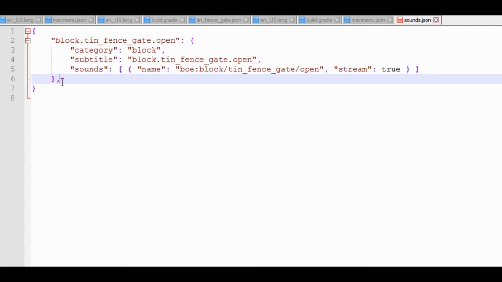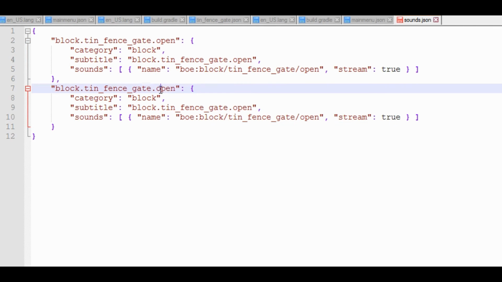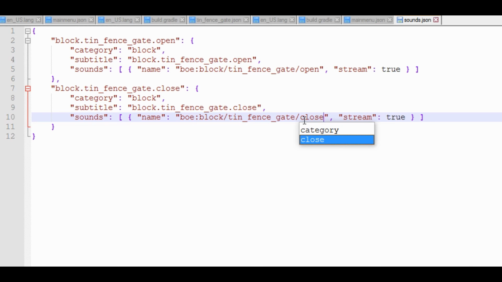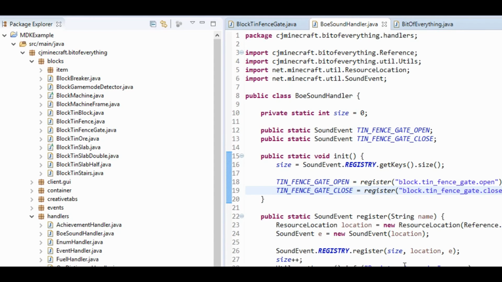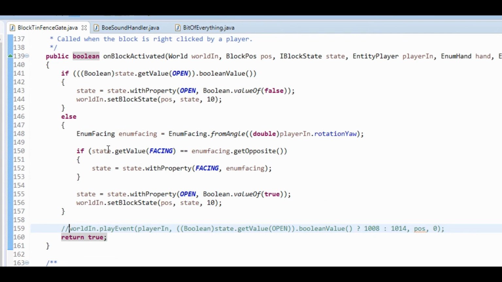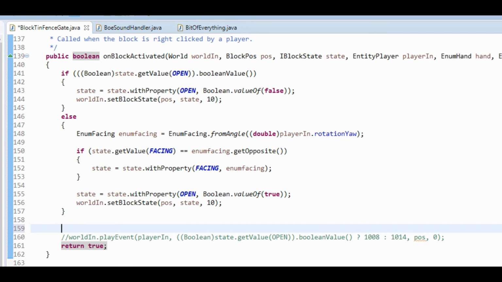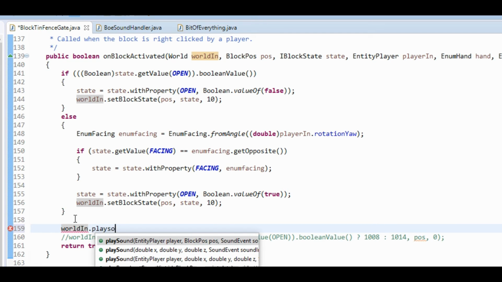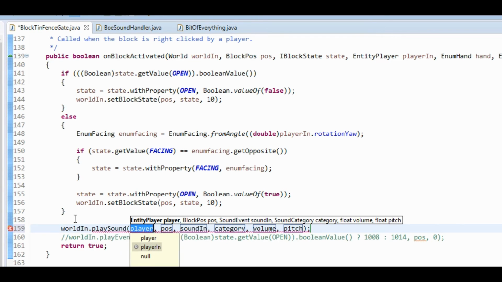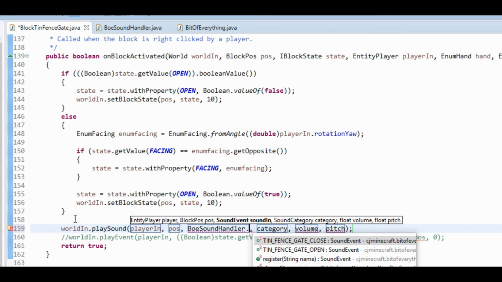Don't forget to add a comma to this here, and we're going to do the same for the close, it's just going to say close instead of open, and like so. Now what we're going to do is head over to the fence gate and now play the sound event. So all it is, world in, this is in the onBlockActivated, dot playSound. The player is the player in position, and then this is our BOE sound handler dot, and it's just going to be